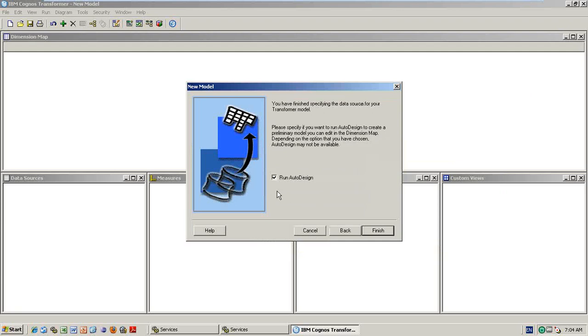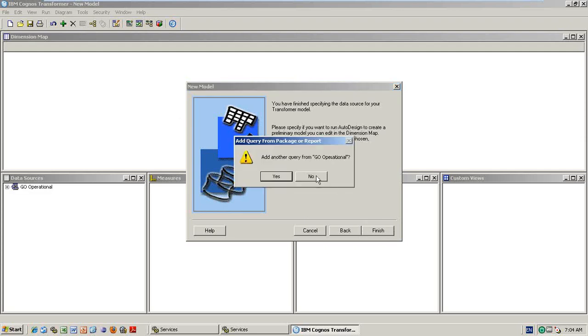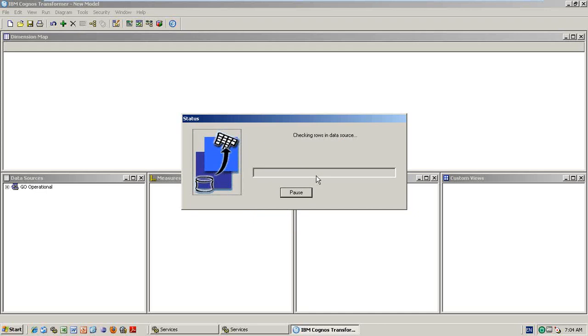See now, previously I didn't run auto design. What I did, I just clicked here and clicked finish. Then I dragged and dropped all the things I want in the dimension map. But if you run auto design, Transformer will think, okay, these are the things that should be in the dimension, these are the things that should be levels. Whatever it knows, it will try to do in the most effective manner.